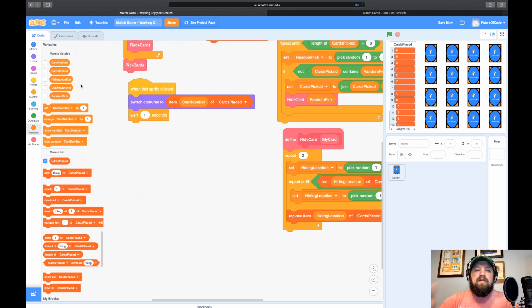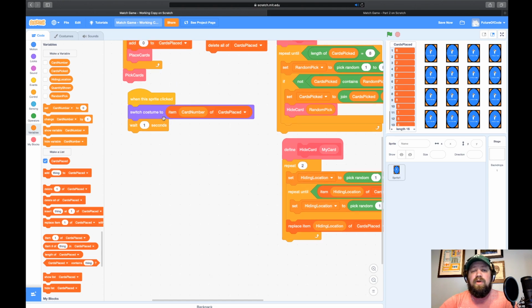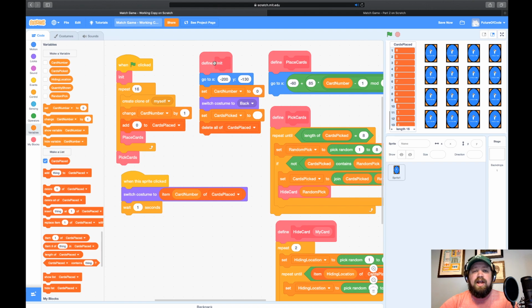So each time we flip over a card, we need to increase this number by 1. We're going to start at 0 and we need to increase it by 1. Well, there's something I just said, right? We need to start at 0. One of the things we need to do is let's go back to initialize. Let's go back to our init. See, this is why we use functions, because I keep saying, oh no, we added something else, but we got to make sure we reset that when the game starts. It's a lot easier to put it in initialize than to try to figure out where in your code, if you have this big long chain of code, where it should go.